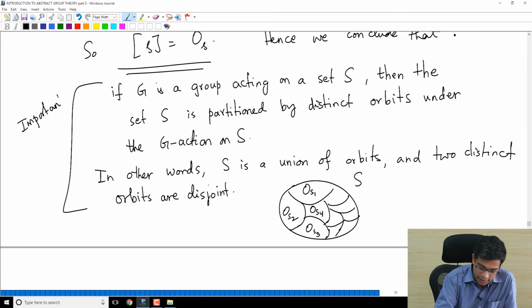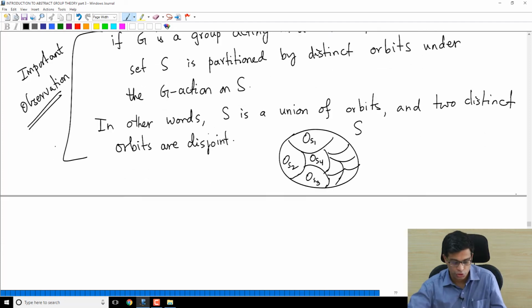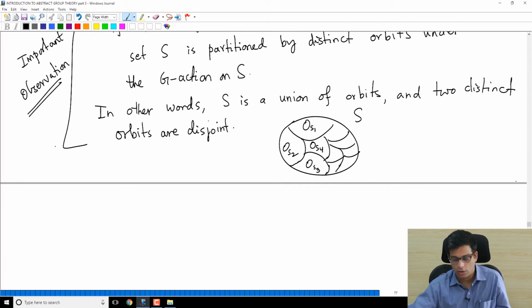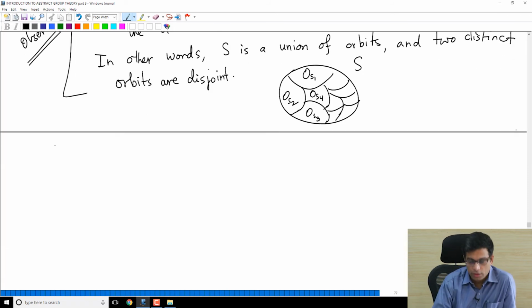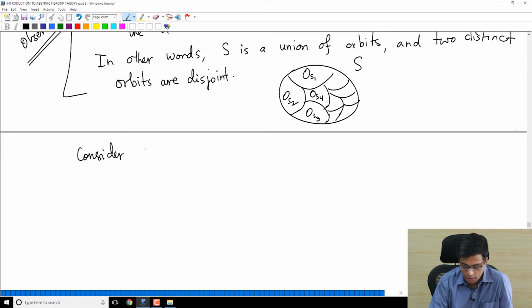As we will see later, we will make use of this observation in the future videos. Okay, so now let me introduce another important notion, object attached to a group action. I'll come back to this partition of a set into its orbits later, but now for the